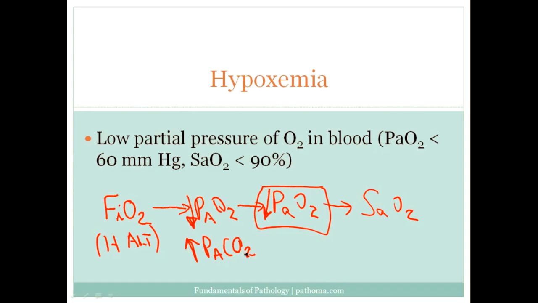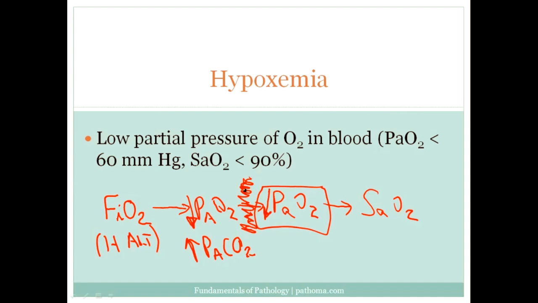Another way by which hypoxemia can occur, remember that the PAO2, its goal is to squeeze oxygen into the capillaries of the alveolar air sac. So let's say that we thickened the alveolar air sac so that this pressure, the PAO2, would not be able to squeeze as much oxygen into the capillaries. An example of that would be interstitial fibrosis of the lung. When there's interstitial fibrosis, the oxygen diffusion barrier thickens, and therefore oxygen can't be squeezed very well into the blood. So that would be another example of how hypoxemia might occur.